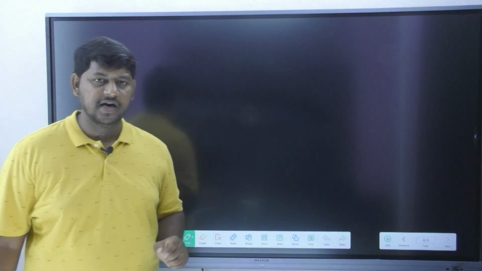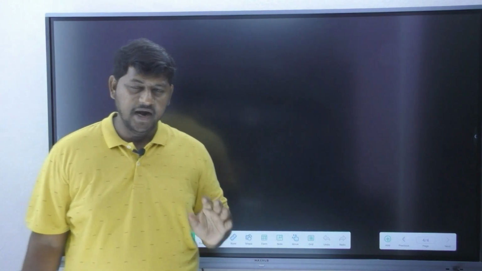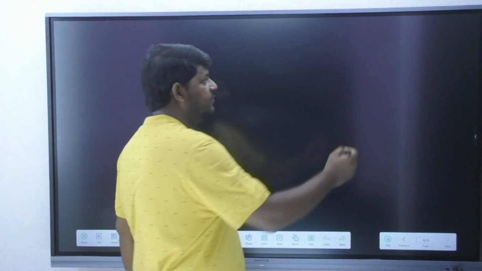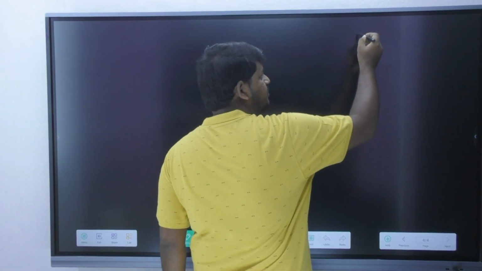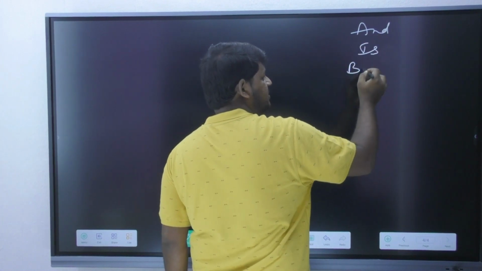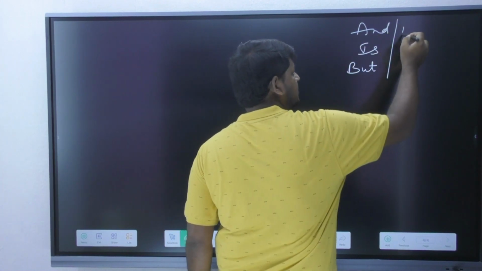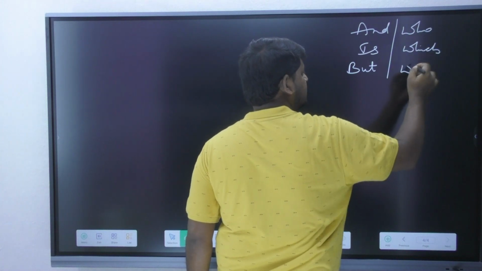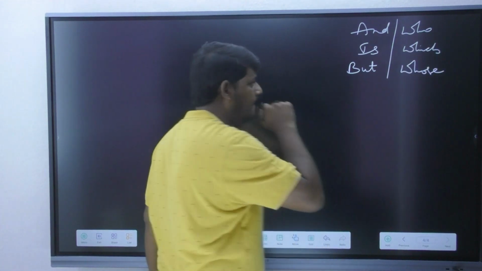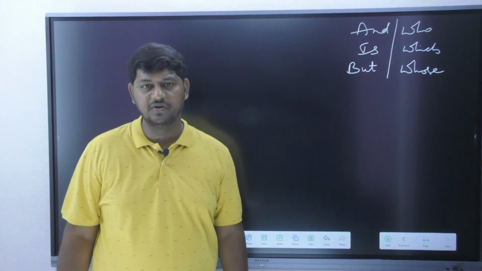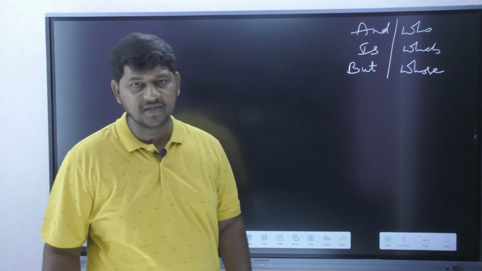Now what is the next information I want to teach you here? We understood the basics, and we also understood three important rules. Am I correct? Now you should also be aware of the keywords. What are the keywords? There are 6 important keywords: and, is, but, who, which, whose.